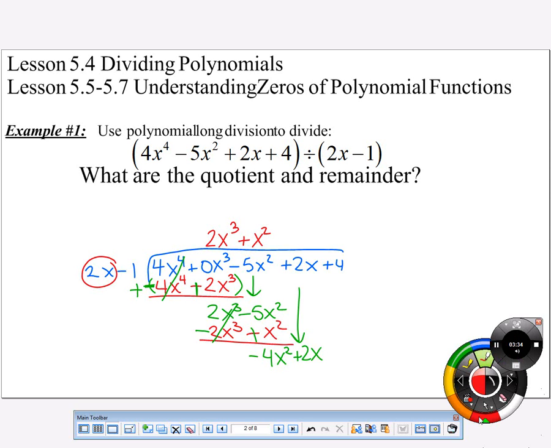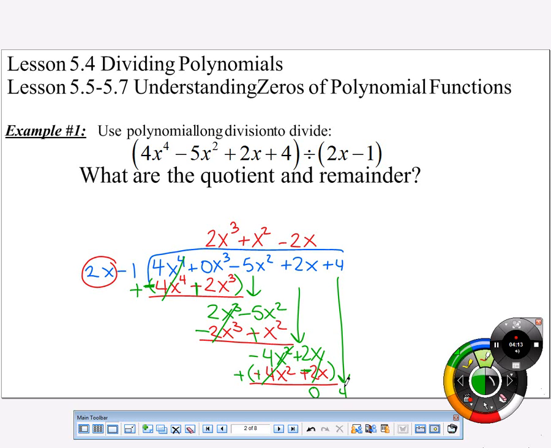Then I do it again. What should I multiply times 2x to get negative 4x squared? Negative 2x. And then I distribute it through. So negative 2x times 2x is negative 4x squared. Negative 2x times positive 1 is positive 2x. This is all being subtracted. So again, that's like changing all of the signs. This time these both canceled out, which means I have a remainder of 0, but I still have a 4